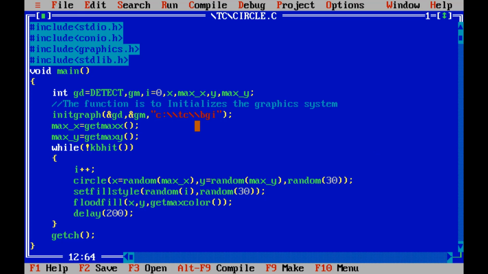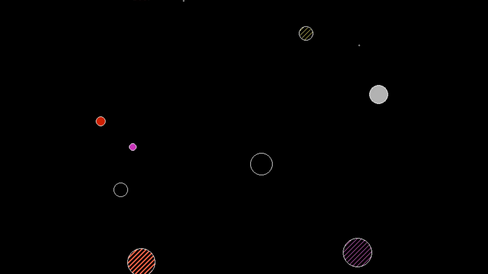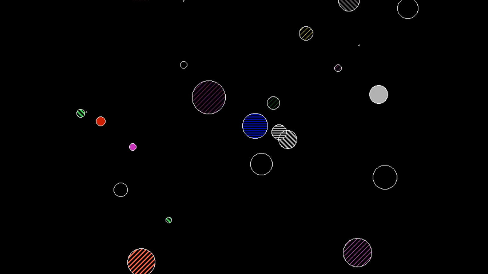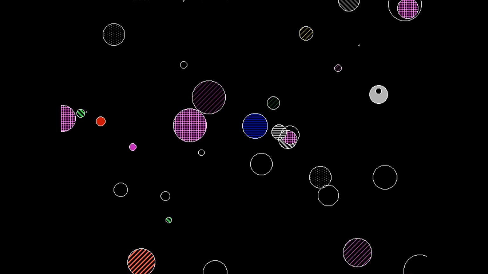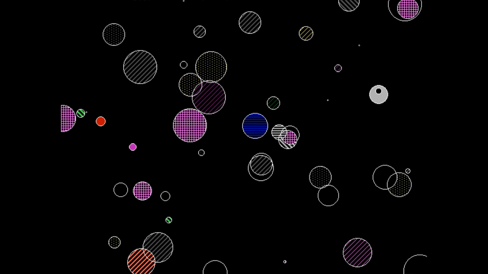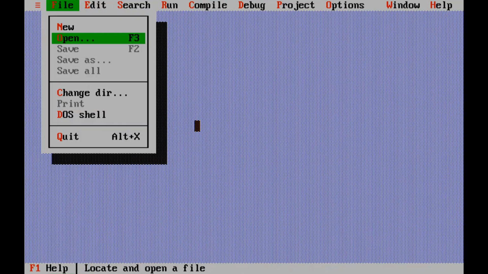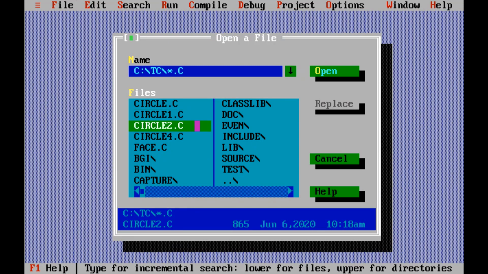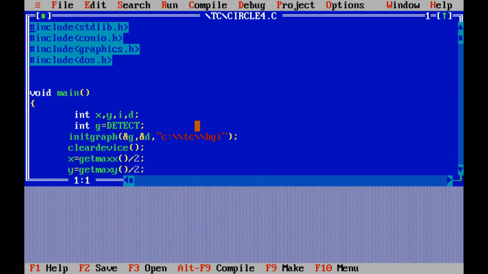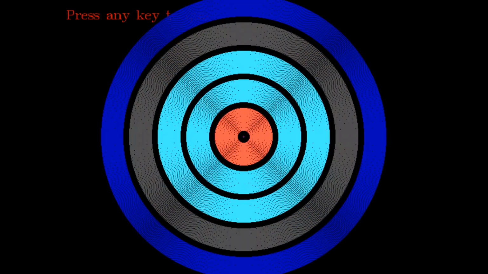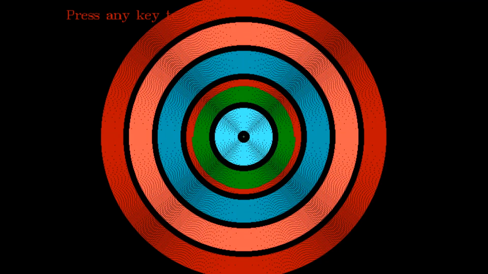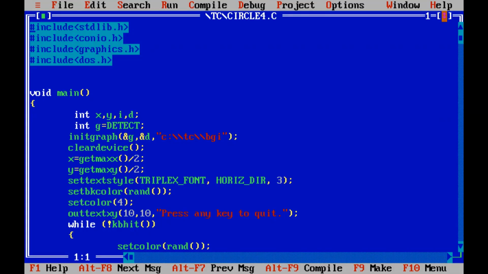So just have a look at this program again. Now you will be able to understand this program. So this is a basic program that can be drawn with the help of this circle algorithm. Second, we have one more program for this. Here we are generating circles in these patterns, and again this program will run until we press a key, that is again this kbhit function. Let's try to understand this program as well.